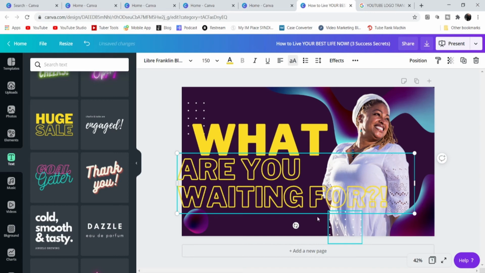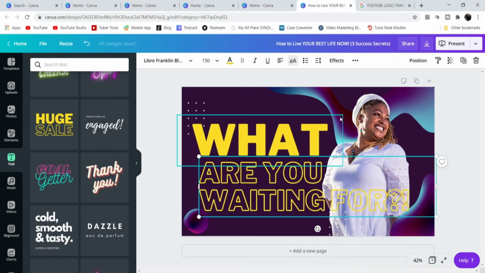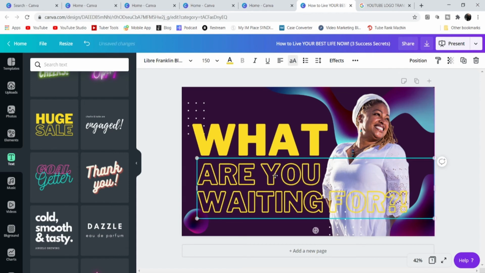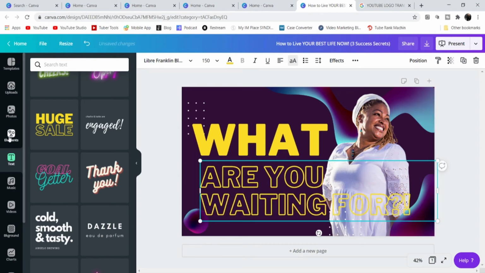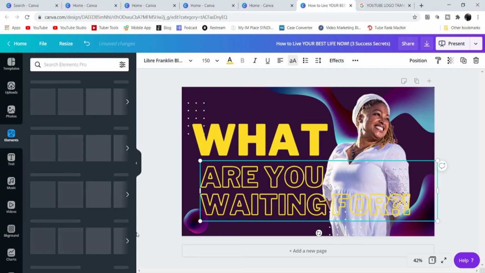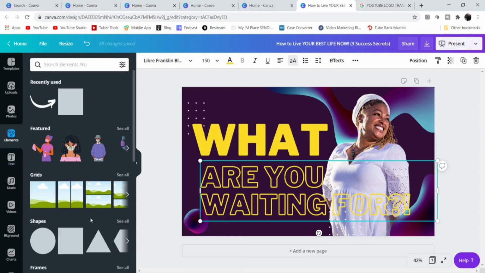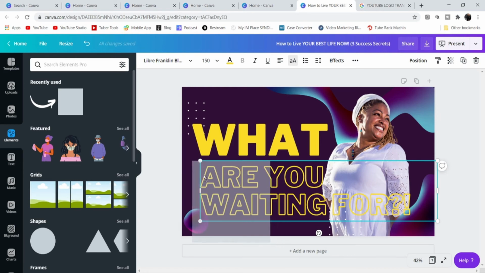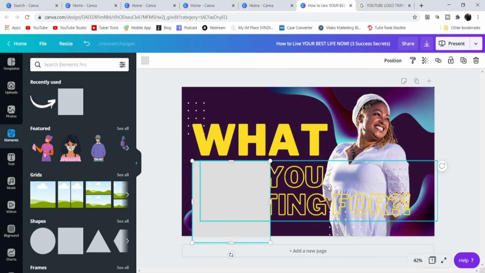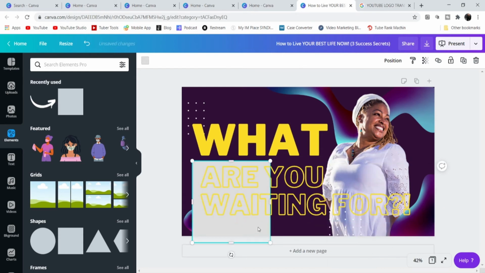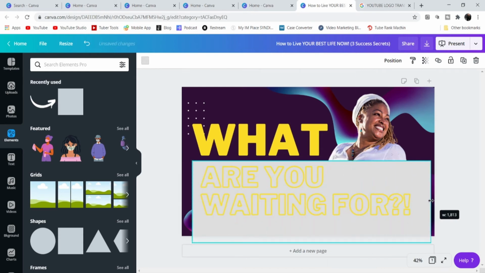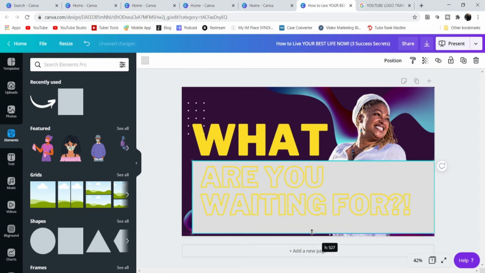Exclamation point, question mark. So now let me take a box behind this. I'm going to do an element, and I'm going to do a square, like this. I'm going to bring this to the front so I can get it in front of it. I'm going to take this box, I'm going to stretch it all the way across. I'll put that